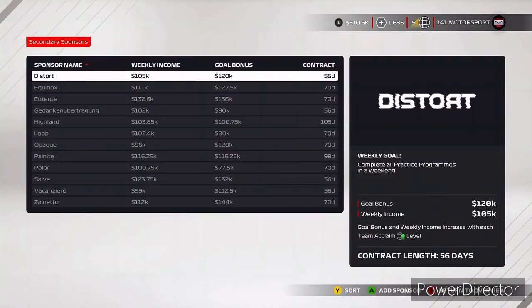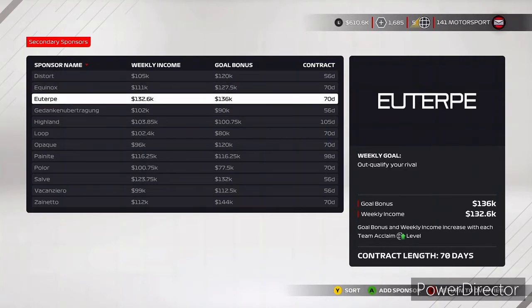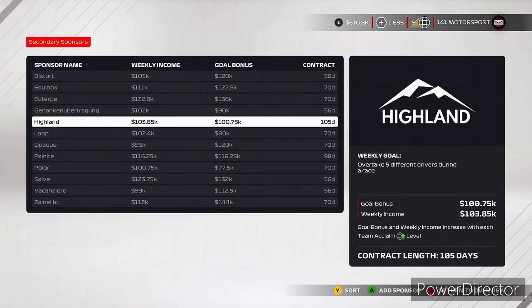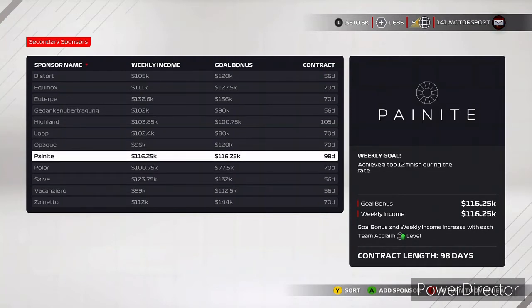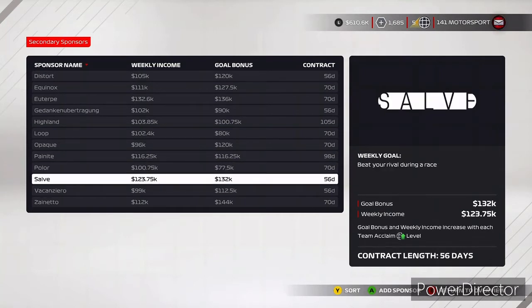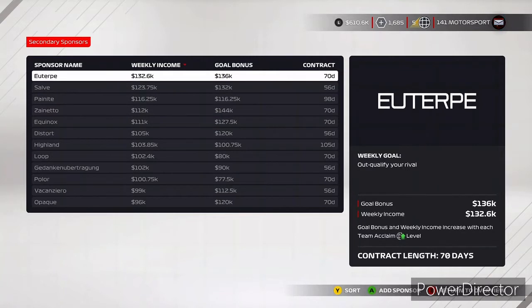I was looking at all of them for quite a long time, and some of them were easy. So this one was just complete all practice programs. Another was overtake 5 different drivers. Another, as a team complete a total of 10 laps during practice. Qualifying P15 or better was one, and another is achieve a top 12 finish during the race. Another, as a team complete a total of 10 laps during the race weekend. And then the others. So I was scrolling through them, looking through the weekly income and the goal bonus,